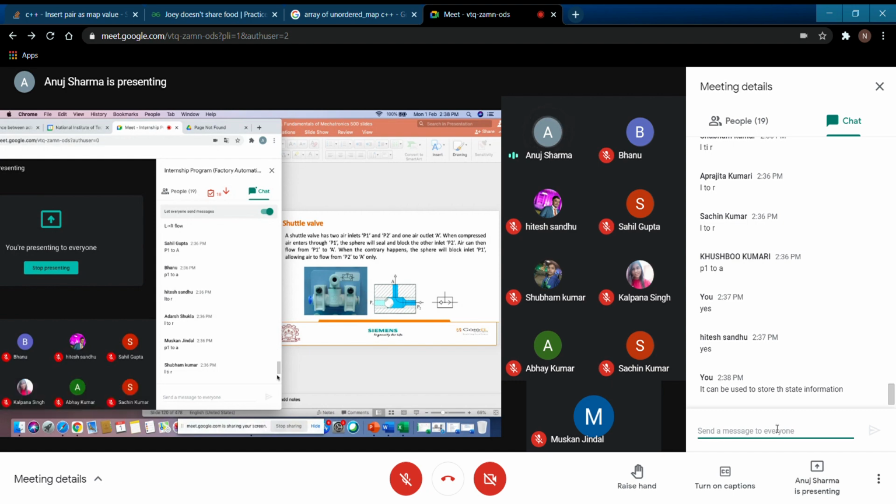Yeah, it can be used to store the state information. It can also be used to switch to a particular state, it can work in both ways. So now can you physically interpret what is the function of electronics here? We had to use this complex method of pneumatics earlier in order to control any process. But with electronics we have a very easy way to control it.